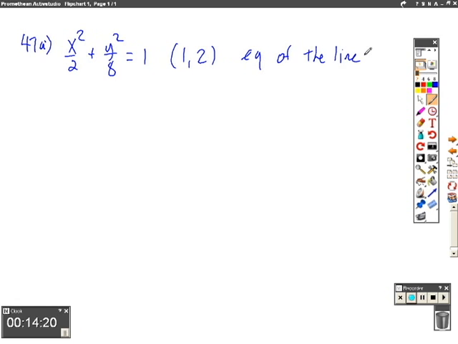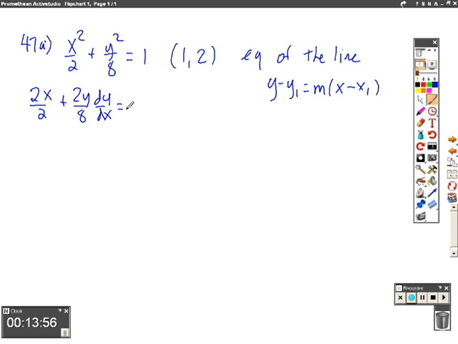So since we're writing the equation of the line, we're going to need our point-slope formula, which is y minus y1 is equal to m times x minus x1. We have a point, so we're going to need slope. So obviously we need to find the derivative. So we're going to use implicit differentiation, and I get 2x over 2 plus 2y over 8 dy/dx, because I'm taking the derivative of a y term, and the derivative of 1 is just 0. So in simplifying that, I'll get x plus y over 4 dy/dx, and then when I solve for dy/dx, I'm going to subtract x from both sides and multiply both sides by 4 over y,